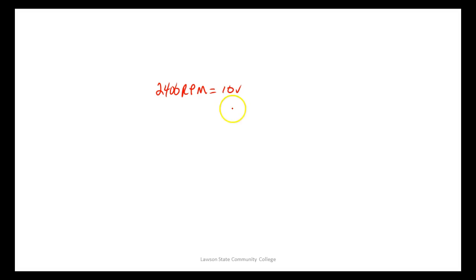Okay, so that means if I got 5 volts out, what would be the speed of the motor? 1200 RPM. That's exactly right. What would I get out if it's running 5 RPM? Well, now I've got a little problem, right? You understand? So what we would do is we would take,